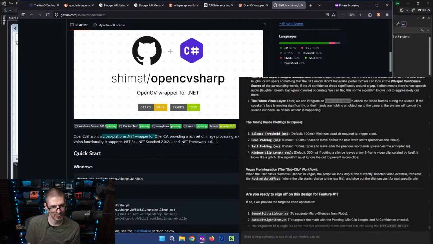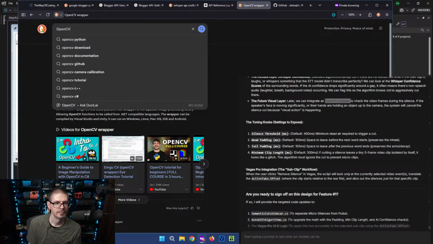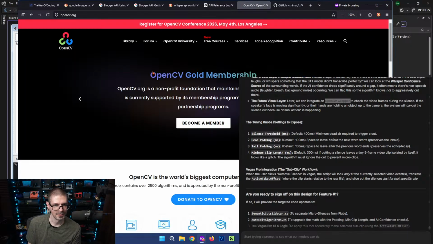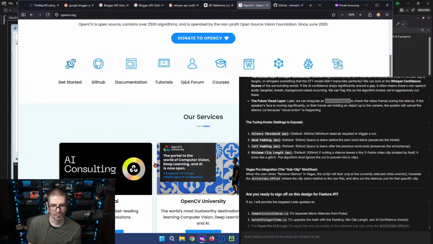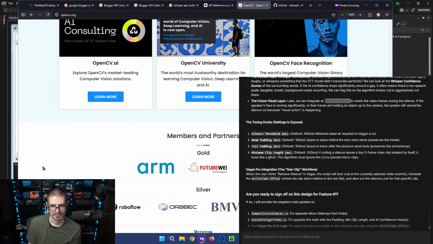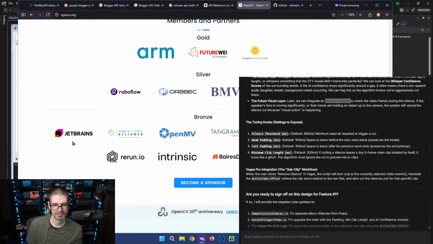OpenCV Sharp is a cross-platform wrapper for OpenCV providing rich image processing and computer vision functionality. So if we look at this thing, go in here. Okay, there's some sort of membership. I don't know what this thing is.